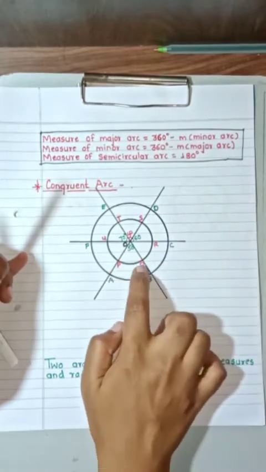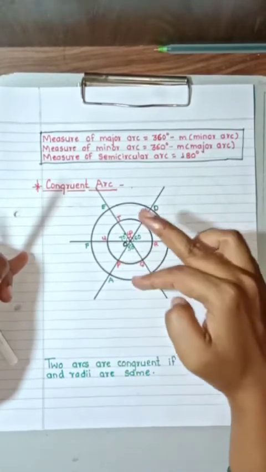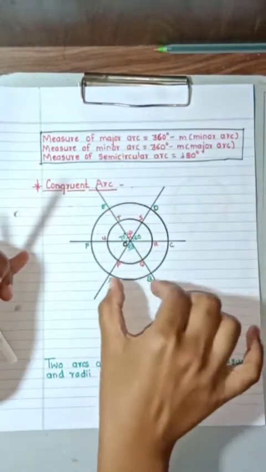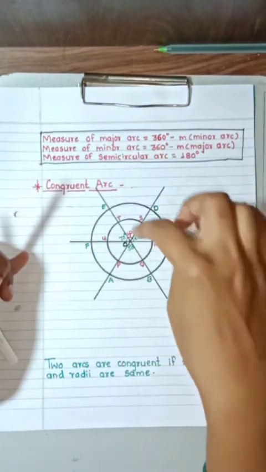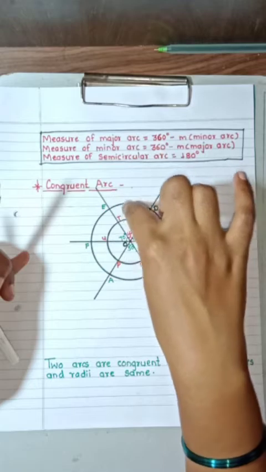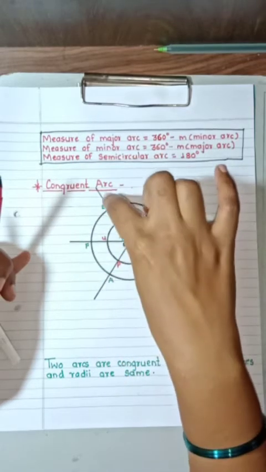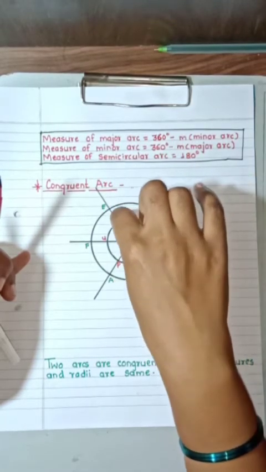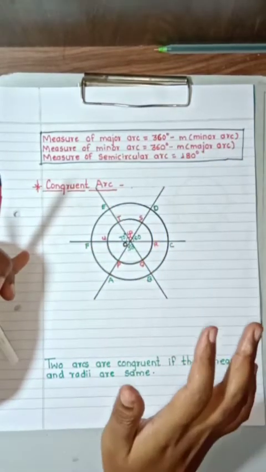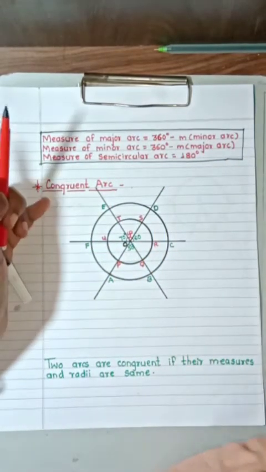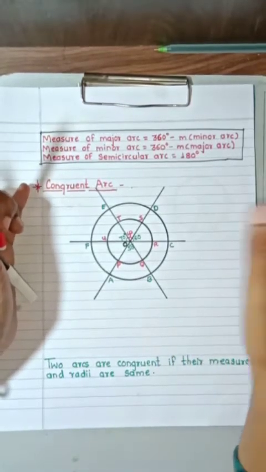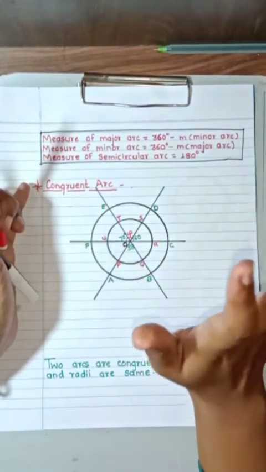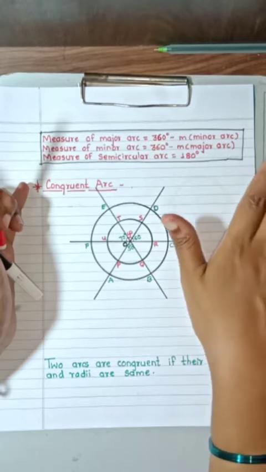You cannot say that PQ is congruent to AB. No. If you see the vertically opposite angle, now if I pick up this AB and place it on DE, it is going to be the same. If you see the radius of this bigger circle, OA will be equal to OE. And this OP will be equal to OT. When two arcs are congruent, their measures and the radius are the same. If the measure and the radius of both arcs are the same, then you can say that the two arcs are congruent. I hope it is clear till here to you all.